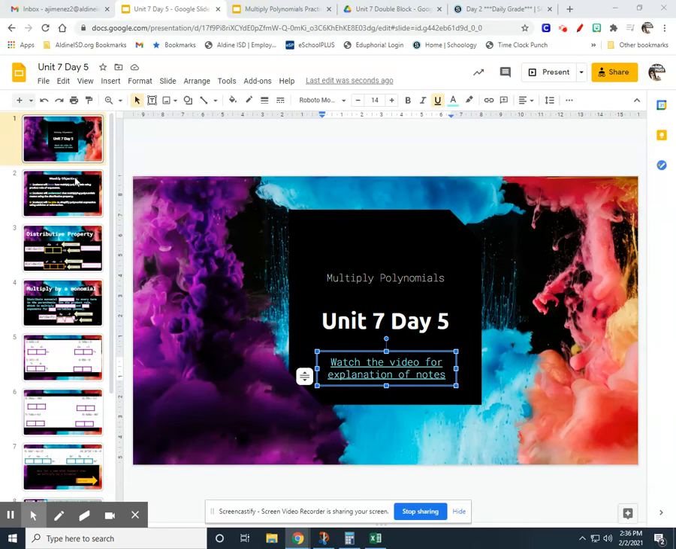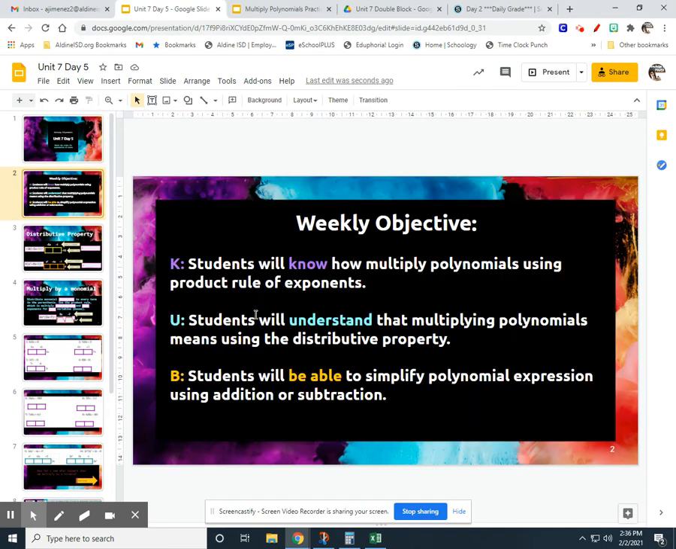This is Unit 7, Day 5, so we are now going to be multiplying polynomials, okay? The weekly objective is the students will know how to multiply polynomials using the product rule of exponents. Students will understand that multiplying polynomials means using the distributive property. And students will be able to simplify polynomial expressions using a